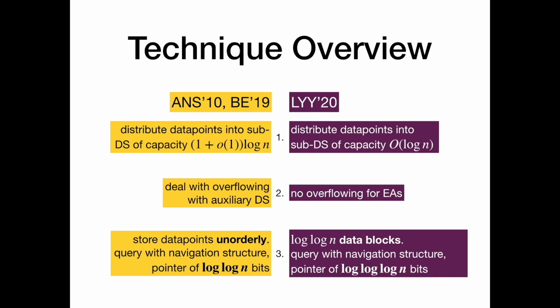In order to reduce the space usage, we develop an idea of data block. One may consider the data block as our main technical contribution. We put the data points into log n groups. Every group is stored orderly. We name the tiny structure data block. So, to access a data point, all we need is the index of the data block. Hence, we spend at most log n bits on every pointer.